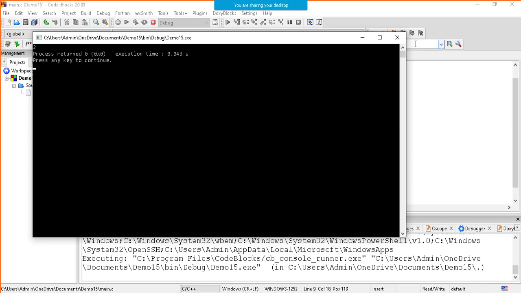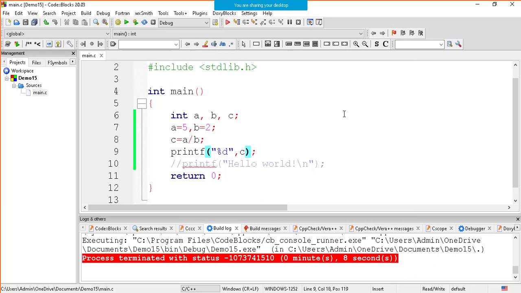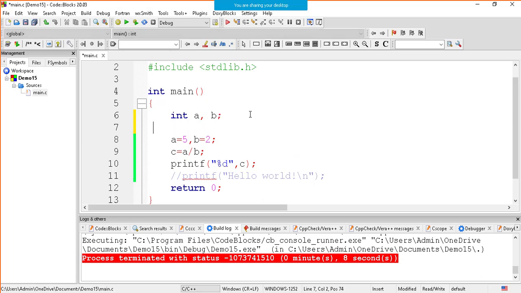Now, as I said earlier, I want to teach you how to make it 2.5. Some of you were suggesting that let us take this C as a float, because my container is float, then probably it can hold the 2.5. So your assumption is that, rather than defining C over here, I should do it like this. Let me write here float C, because float can hold any real number, not only decimal, any real number. So let's say 2.5, 3.5, 4.5, any real number. Any number with the point, right?